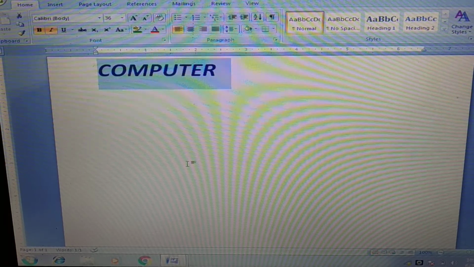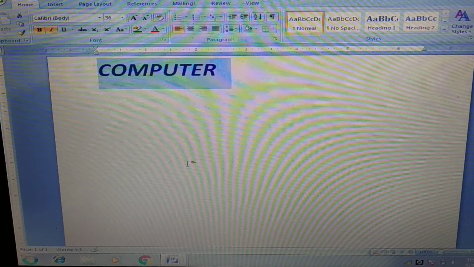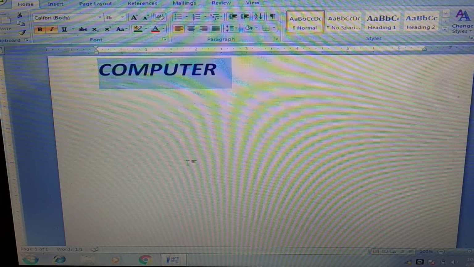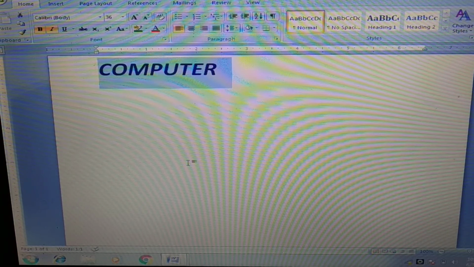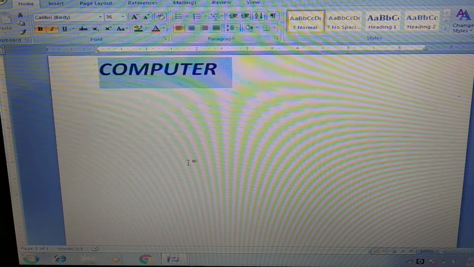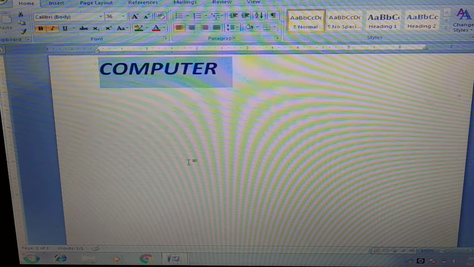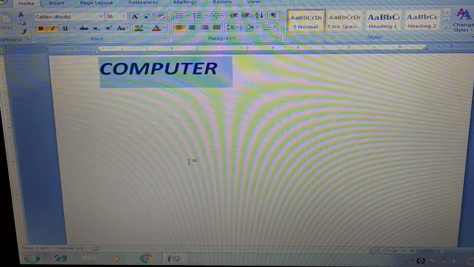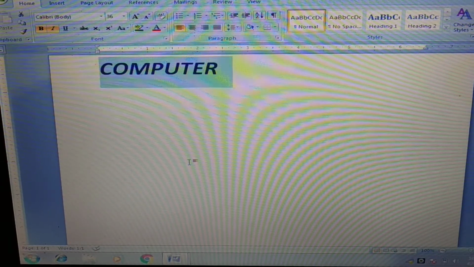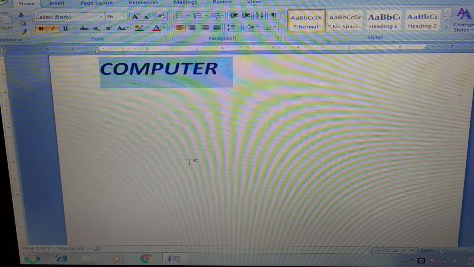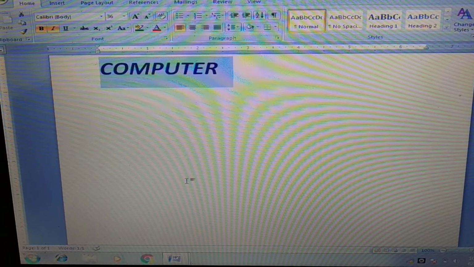See, the word computer appears slanted, slightly tilted. That means it is now italics. So in this way we can highlight the words in our document. I am applying these changes on a single word, computer, but you all can do it wherever required in a full document.